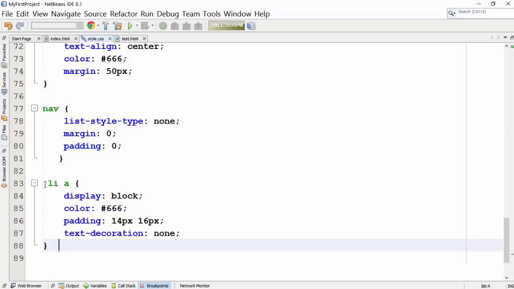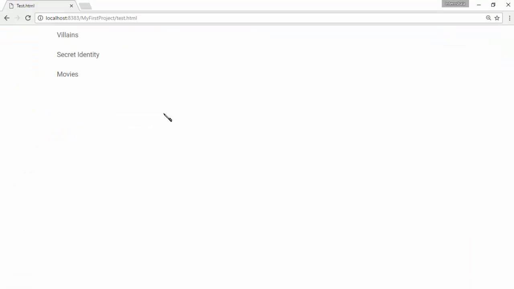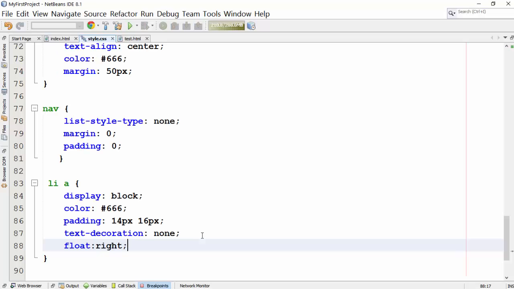Let us now see how exactly our navigation bar looks. You will note that we have styled the navigation links. The underlined blue color is gone. Usually the navigation bar is horizontal. To make a horizontal navigation bar, we simply have to add style to list items and we'll have to set the float value as right. Let us do that and see how our navigation bar looks. You would note that links are stacked horizontally. You should also ensure that the link that you want to appear first should be added last in the list item. So, we have added a decent looking navigation bar that will help us navigate through our content.